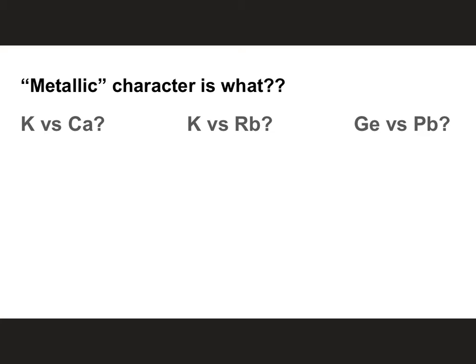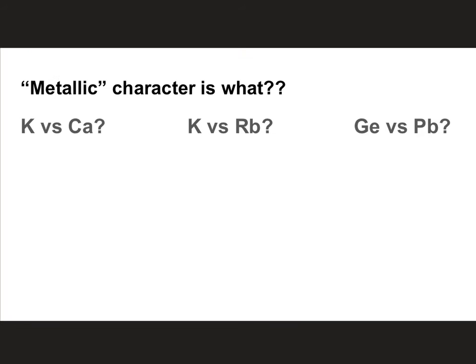So sometimes you will read a statement that says something along the lines of, this particular atom is more metallic than that particular atom. Or this particular atom is less metallic than another. What we're talking about here is that general behavior that we defined a couple of slides ago. Metallic character is defined as a